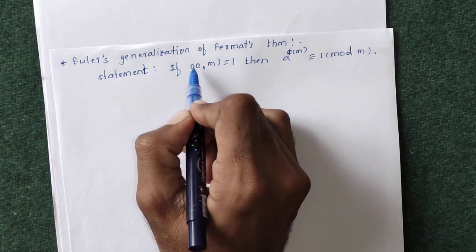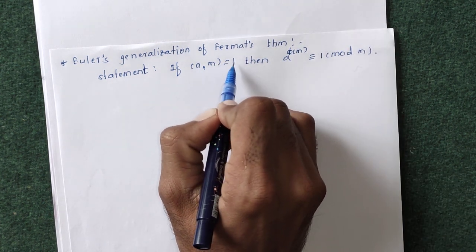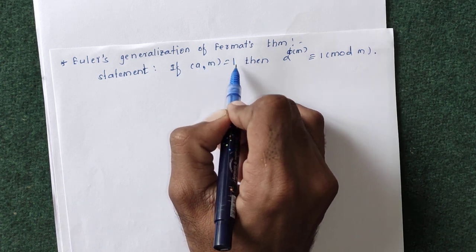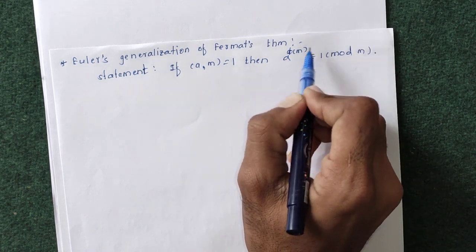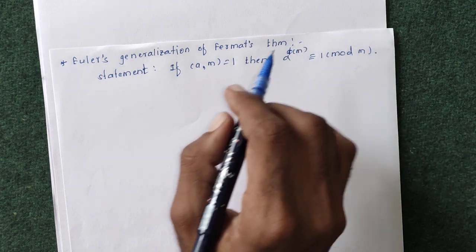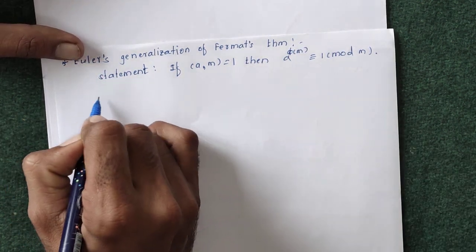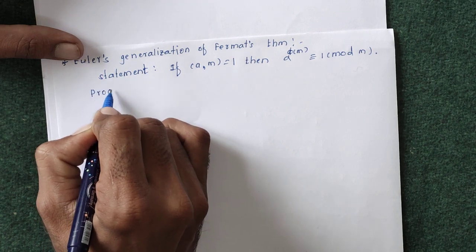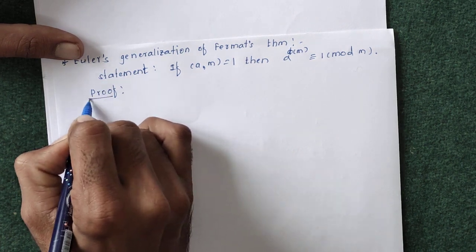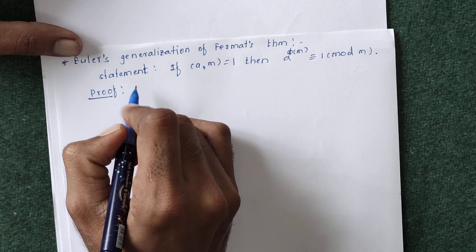So a is a fixed number whose GCD with m is given to be 1, and we have to prove that a raised to phi of m is congruent to 1 under modulo m. To prove this result, we are going to use the reduced residue system that we have seen in previous videos. Let